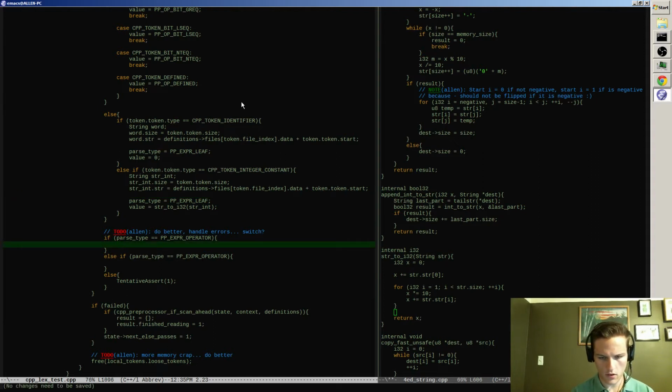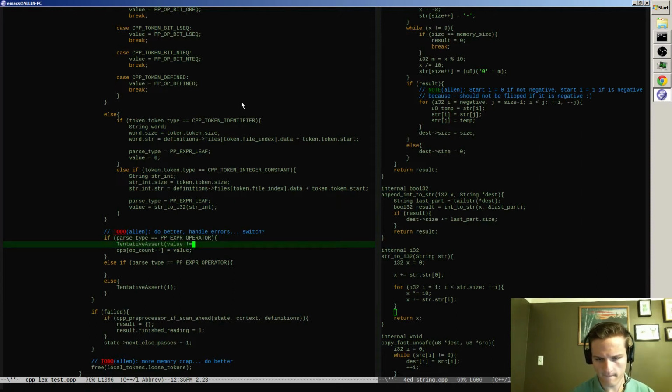Okay, so then op count equals value. Okay, so that pushes operators onto the stack. Why do I have operator twice? That should be leaf. Right? Okay. So now when you get a leaf,